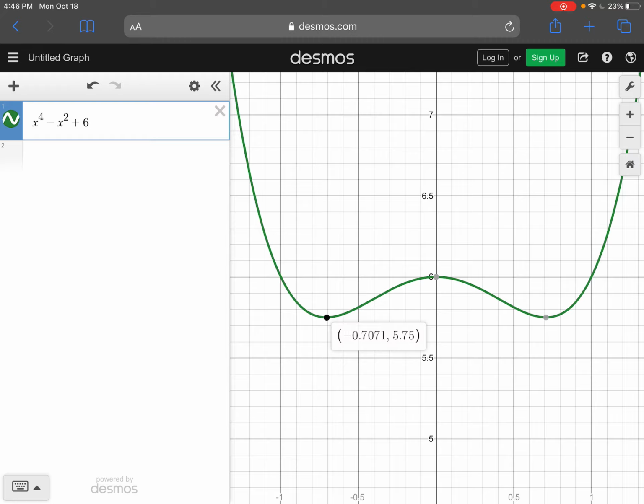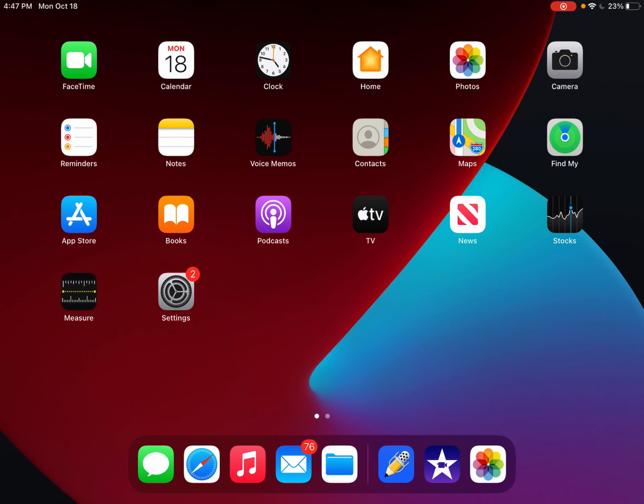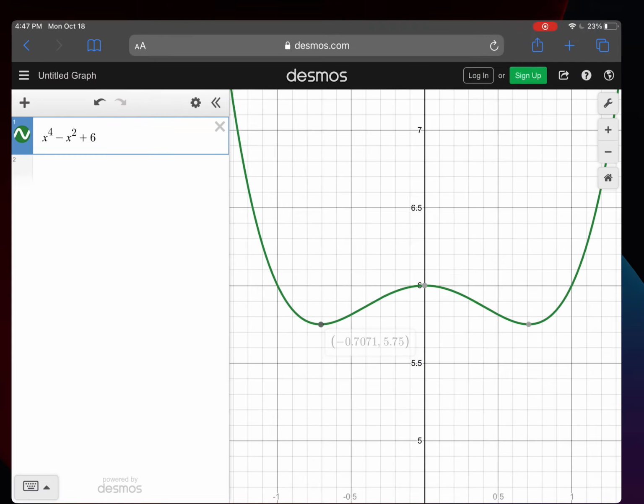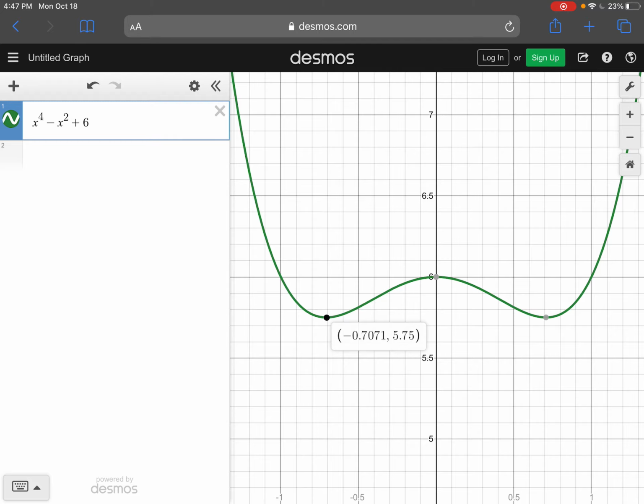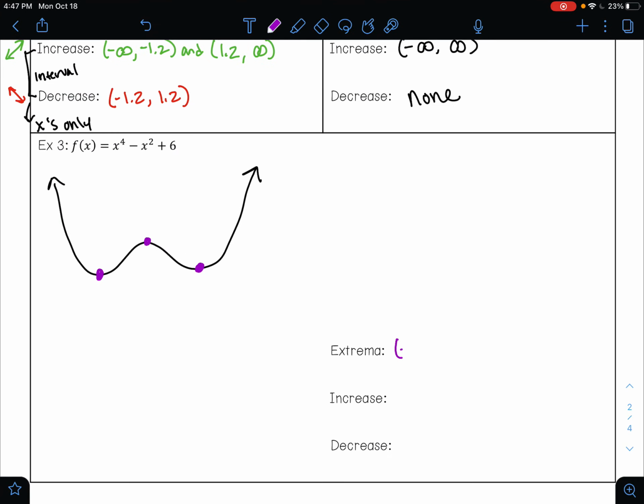So here that is negative 0.7. Let me go back over here. So let me get the ordered pair. So it's negative 0.7, 5.8. So my x value here